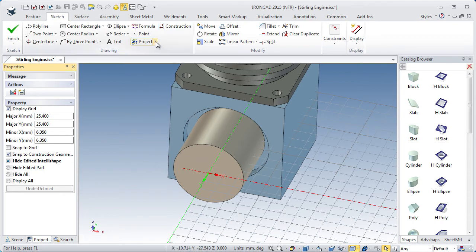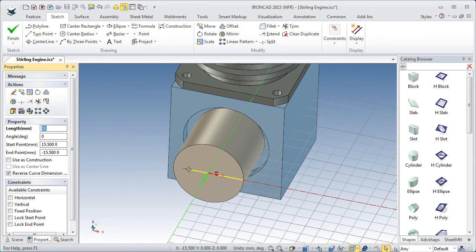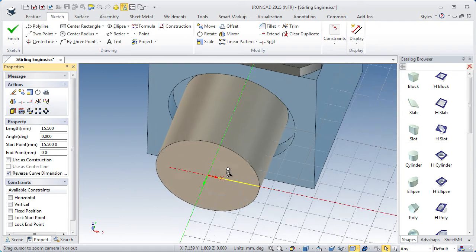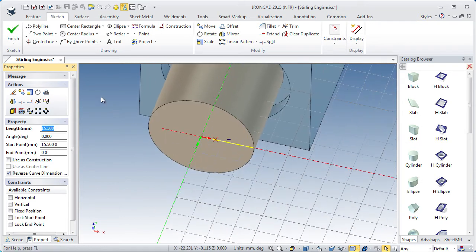Then I come up here to choose the project command, and I will project this face to the grid, and I got a line. Press escape to exit the command. Then I grab this endpoint and drag that to the origin. I will also zoom in a bit. Then I come up here to grab the polyline command,